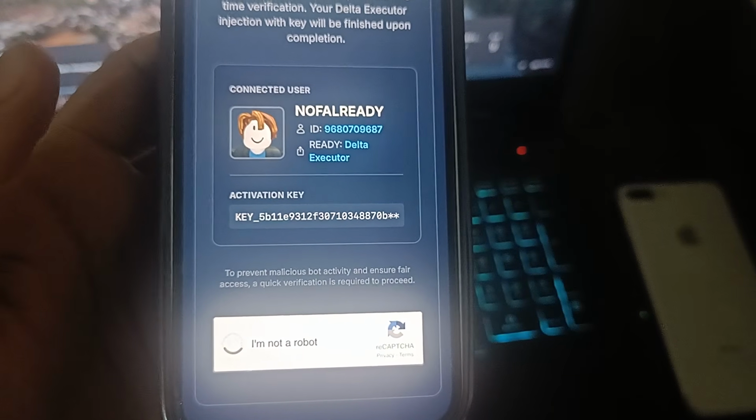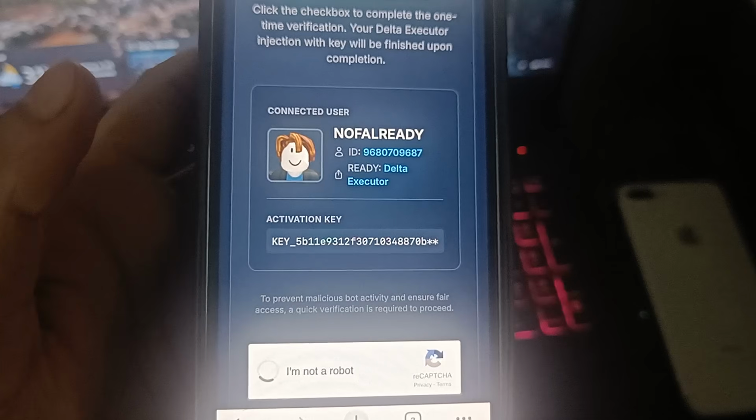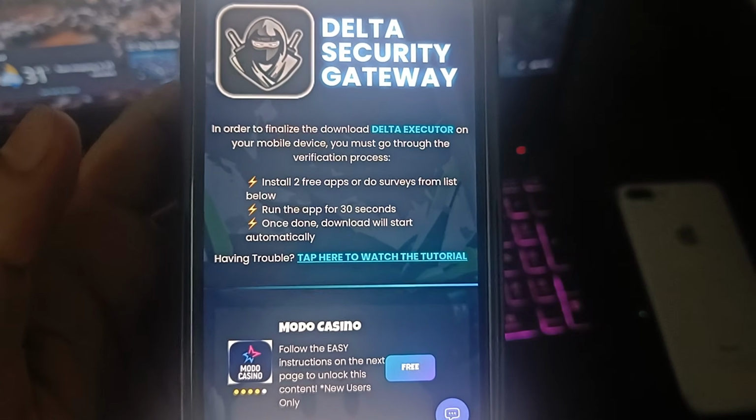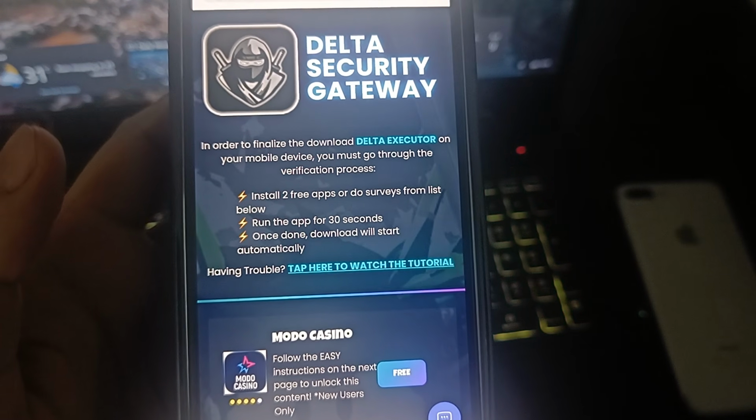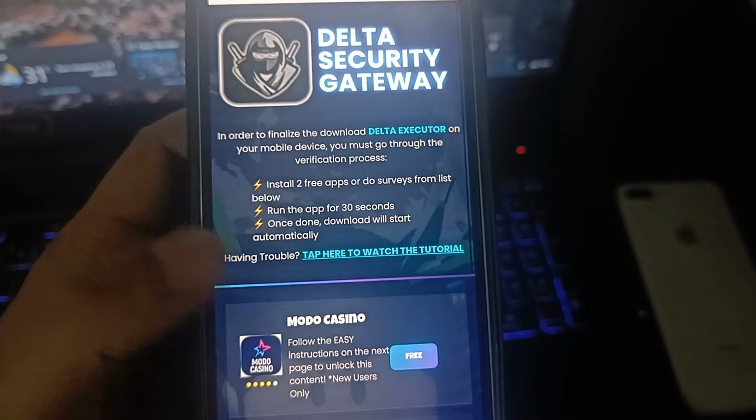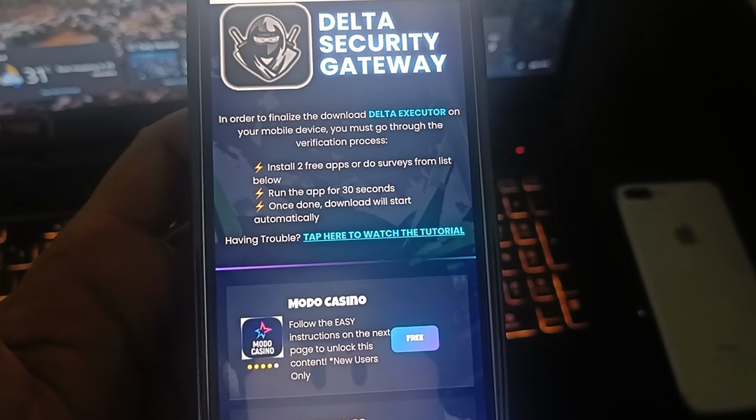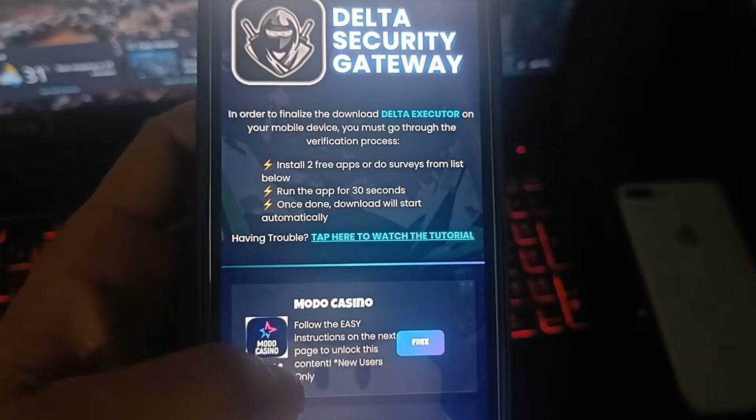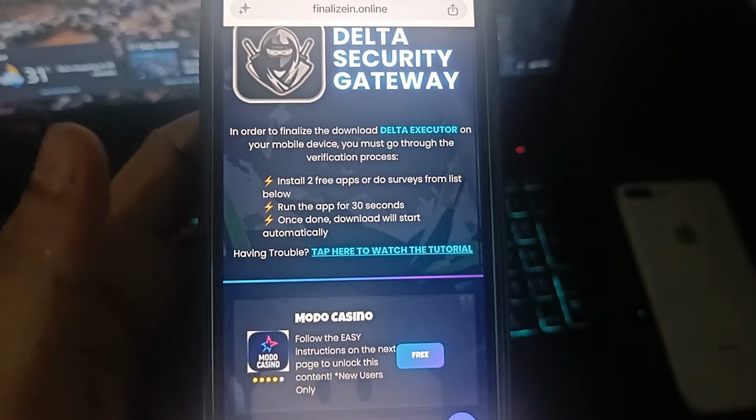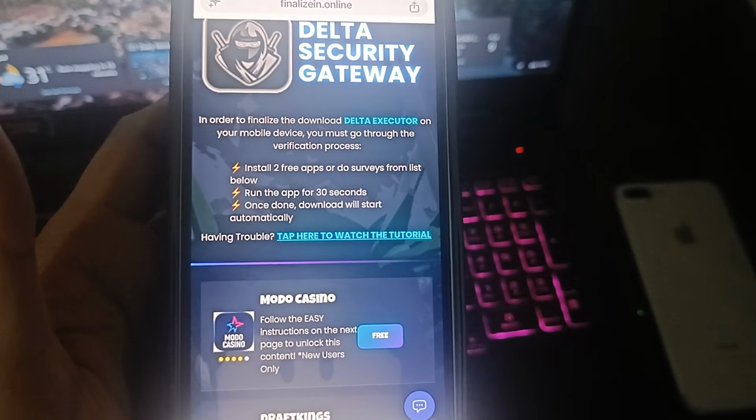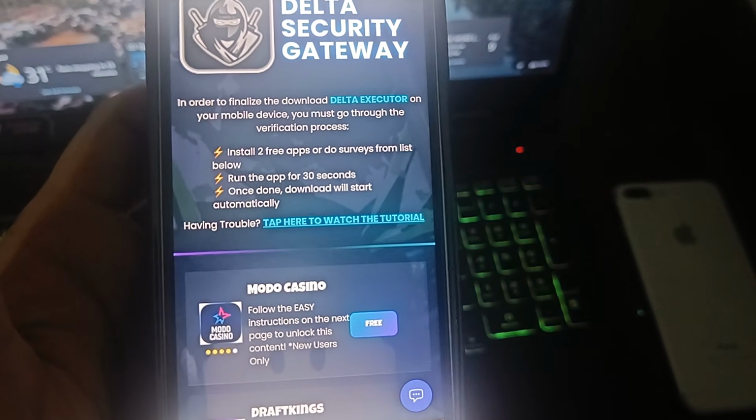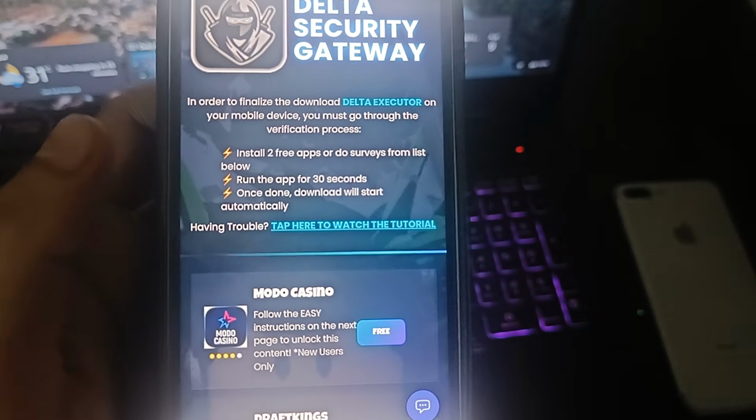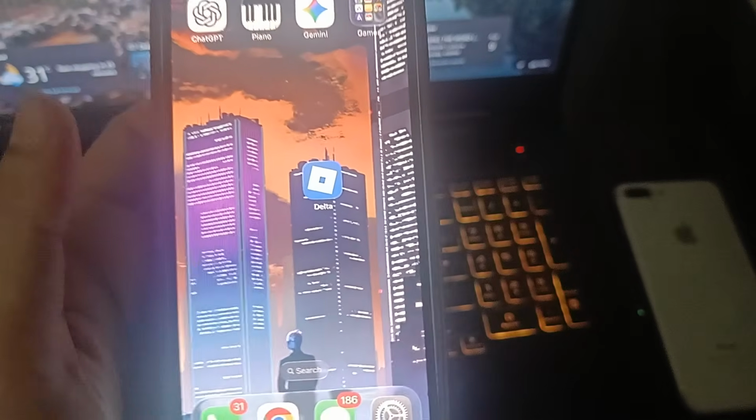Tap on the Google reCAPTCHA and go through the Google reCAPTCHA process so that we can finalize the download. And this is the Delta Security Gateway. Okay, Google reCAPTCHA has opened this one. Here we need to install 2 free apps from the list given over here, as you can see, and also you can watch the tutorial video given over here so that you can get to know how you can do that. Simply install 2 apps, run the app minimum for the 30 seconds, and you are all good to go,